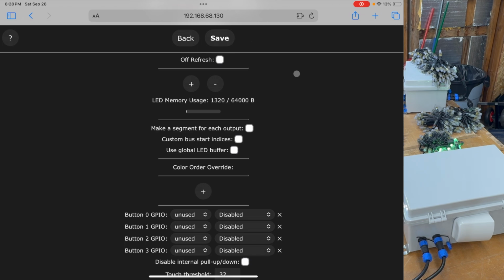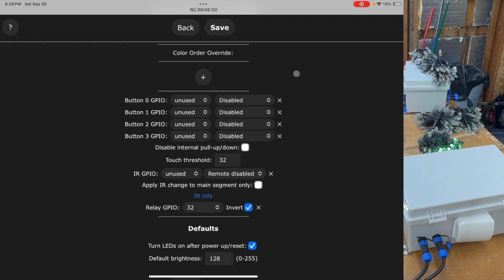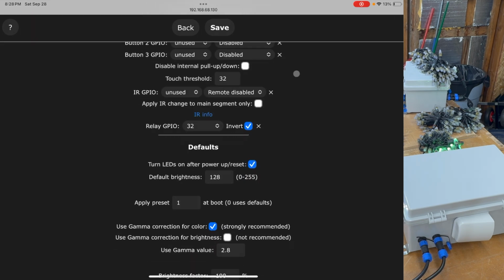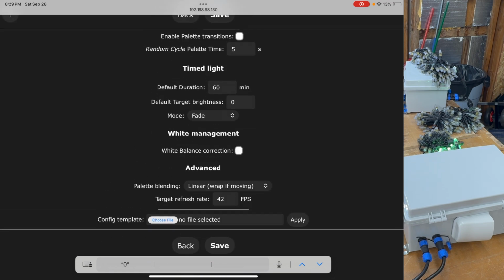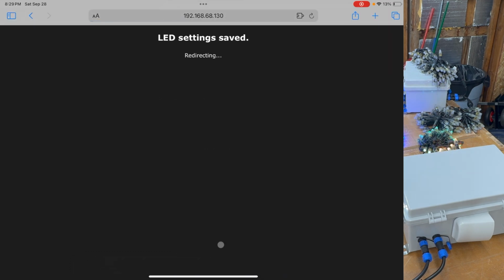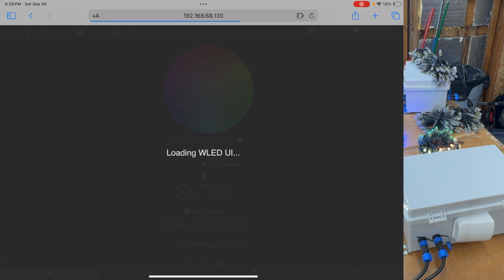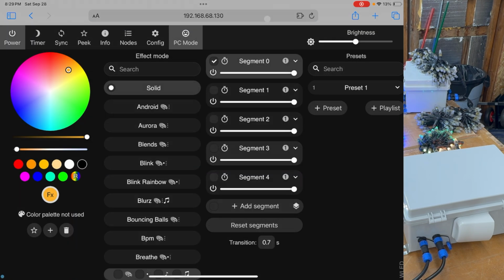All right, now I'm going to go to the bottom too. Not quite the bottom. Apply presets. I'm going to change this to 0. That way I only get one segment. All right, so now let's go to the bottom here, and I'm going to save my configuration. Let's go back, and you'll see I have all these segments here,